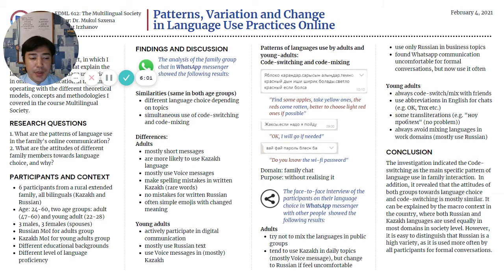And for the conclusions, the investigation indicated code switching as a main feature, a specific pattern of language use in our family interaction, especially in the family chat rather than when communicating with other people. In addition, it revealed that the attitudes of both groups towards language choice and code switching are quite similar. It can be explained by the macro context in Kazakhstan, that both Russian and Kazakh languages are equally used in most domains, and in